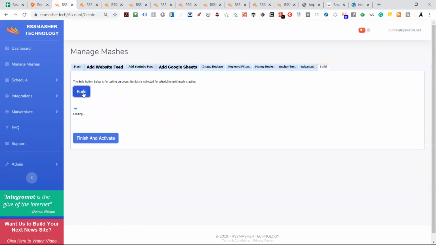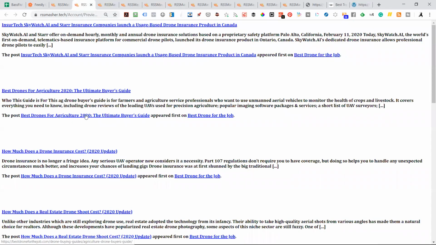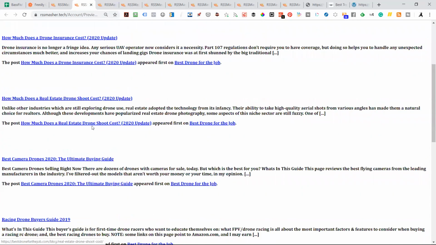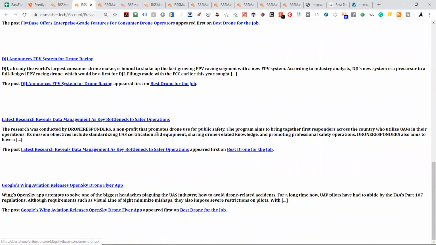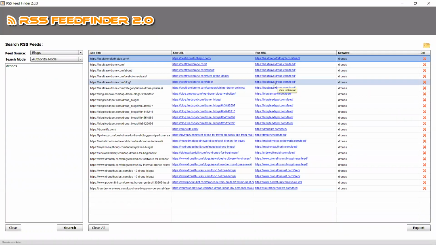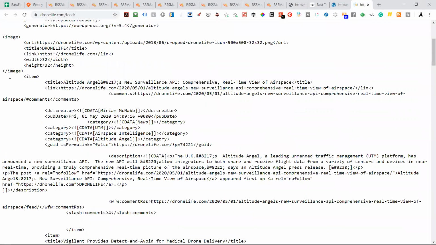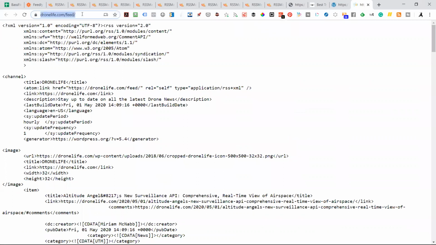So let's go over to build. Preview the web. Okay, very thin feeds, no video, no image coming across. So let's go look at some other ones. And that looks like a standard feed there. So let's drop down here, drone life. I'm going to pull that one. That says it has an image. So let's look at drone life